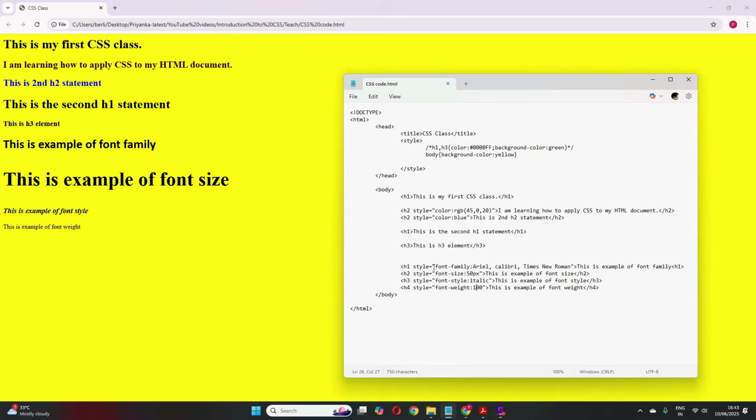So I hope we are clear with the 4 properties of the font, which are font family, font size, font style, and font weight. See, here I have given them in separate lines, but you can combine them also. Like font style and font weight I can give together. Suppose for H3 I want font style to be italic, and my font weight I want to be a little lighter.